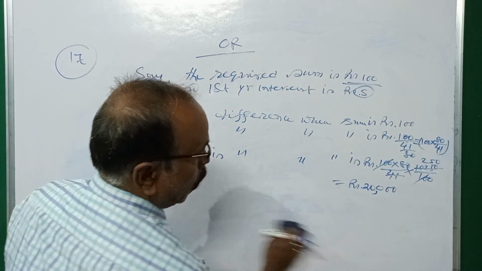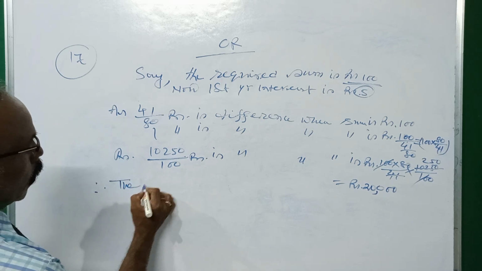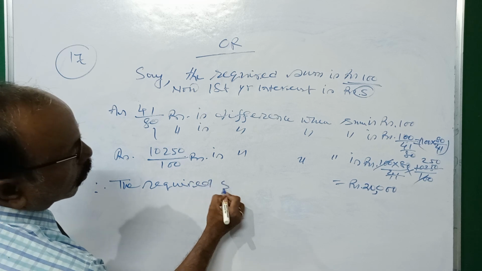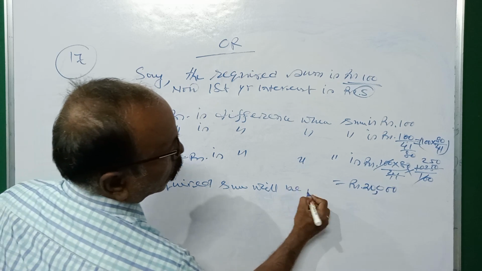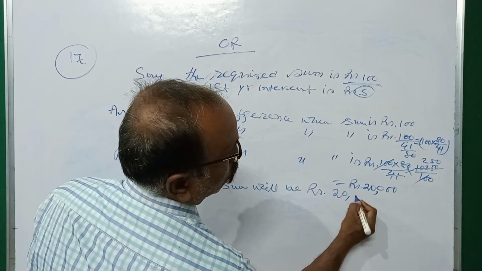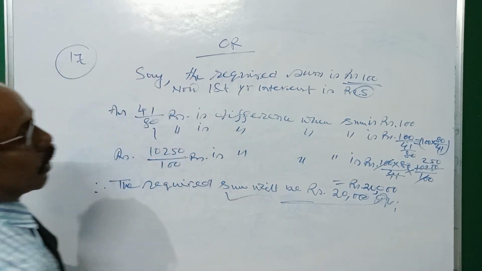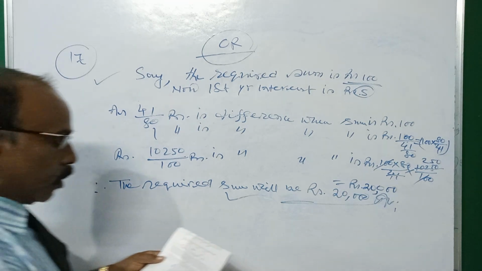Therefore the required sum will be rupees 20,000. My dear student, this will be the required answer of the given problem of the periodic test